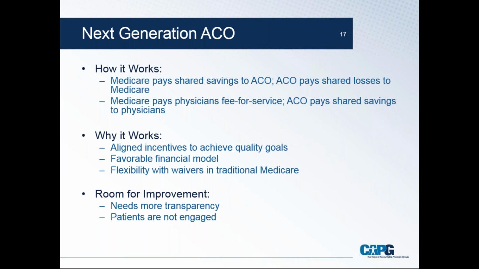knowing what they're going to be held accountable for in advance. And then the other big issue, which I already alluded to in this program, is patient engagement. So we have long struggled with the notion that patients are passively attributed in most cases to their ACO, and it's based on where they get most of their primary care services or the plurality of their primary care services. But what that can mean for the patients is that they're seeing a primary care doctor in the ACO, but they're also receiving other services outside of the ACO, and they may or may not know the consequences of that or the implications for the ACO.